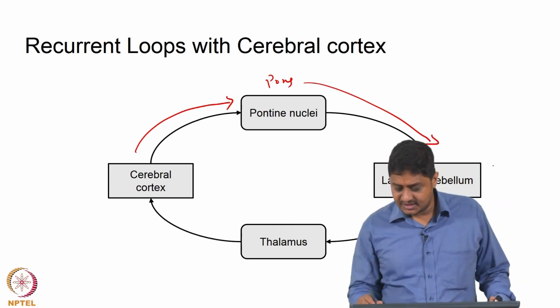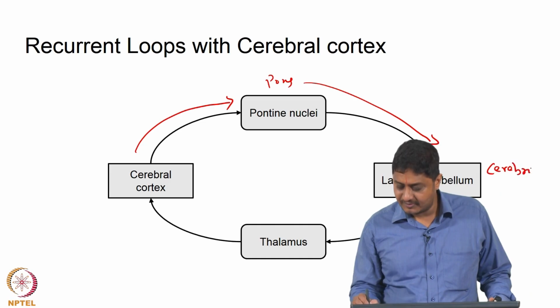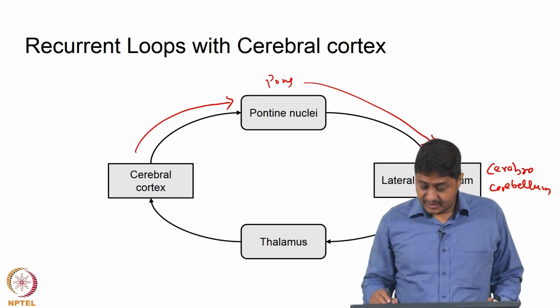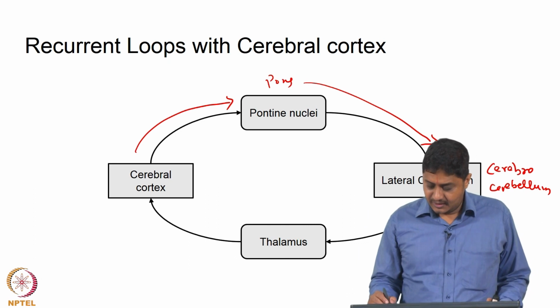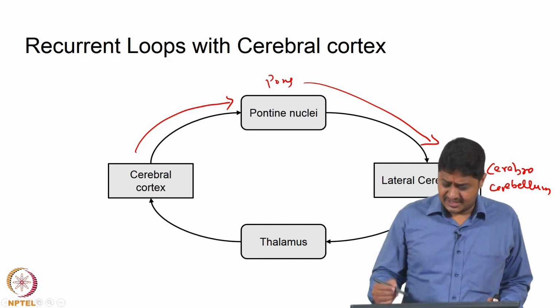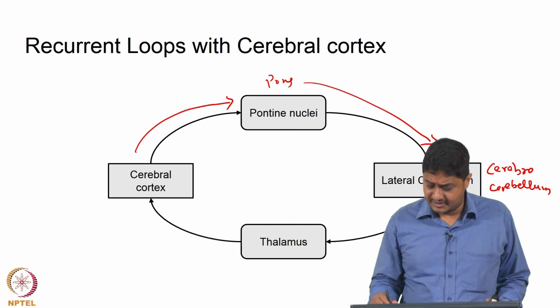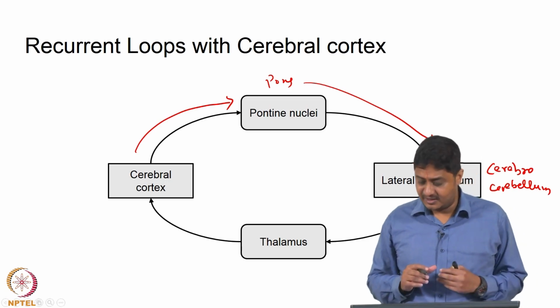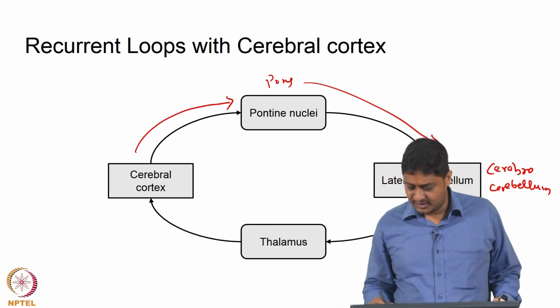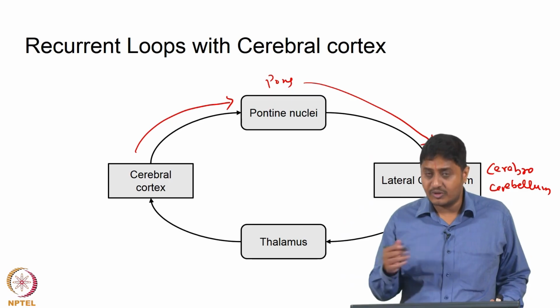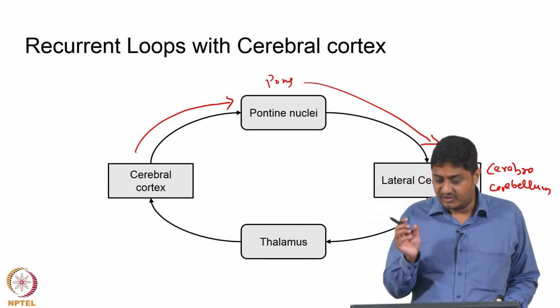Lateral cerebellum means the cerebrocerebellum, and without the detail of how exactly this is happening, from the lateral cerebellum there is projection to the dentate nucleus, that is not discussed. So, there is projection to the dentate nucleus, which is one of the deep nuclei of the cerebellum. So, there are 4 nuclei of the cerebellum. These are dentate nucleus, fastigial nucleus, globose and emboliform nuclei, right,